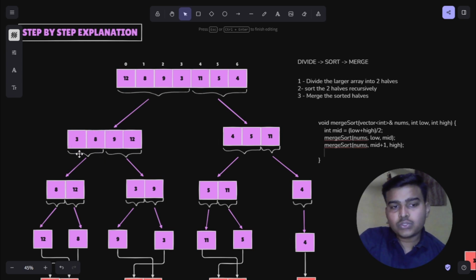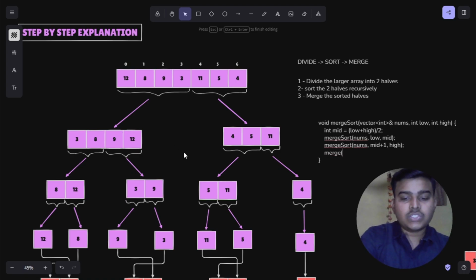And after performing these recursive calls, calling the merge sort function for the first half and the merge sort function for the second half, in order to sort them recursively again and again, and when we get the sorted halves, then we will merge them. So we will then write the merge function,